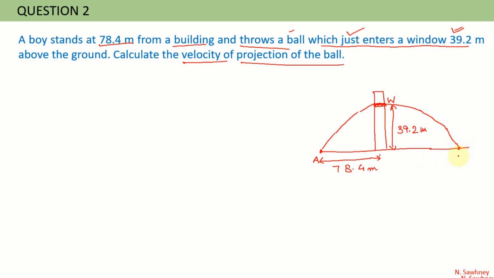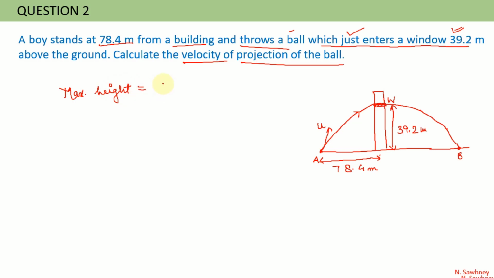Now let this point be represented by B. The initial velocity with which the ball is projected, let it be marked as u, and this is the direction of the velocity. Now as it is given just enters, we can say that the maximum height which is gained by the ball,